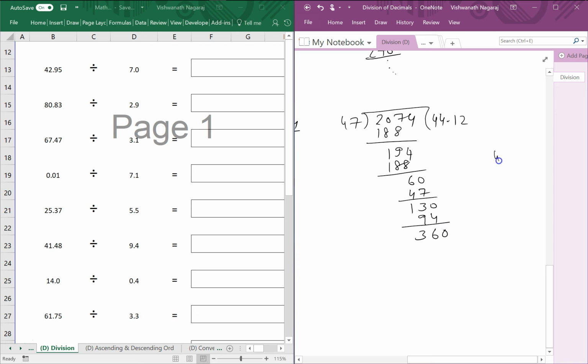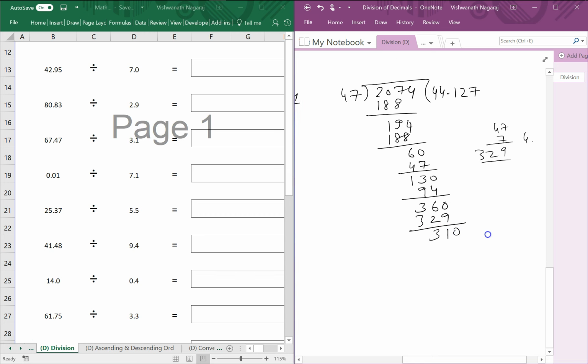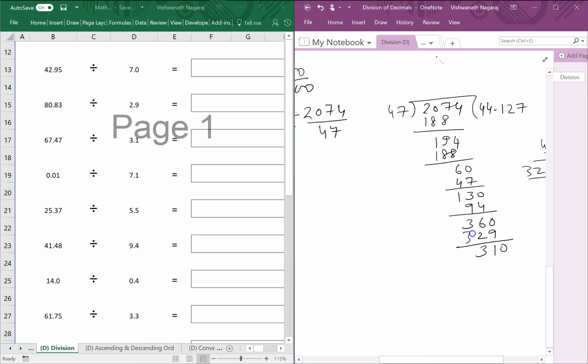So now let's try, let's go for the nearest 50. So 50, 5, 6 are 30, 5, 7 is 35. Let's try 7, 7, 7 is 49, 4, 7 4 is 28, plus 4, 32. Okay, this is perfect. So 7, 7 is 49, 32. 10 minus 9 is 1, 5 minus 2 is 3, 310. Okay, like that we can keep doing it,